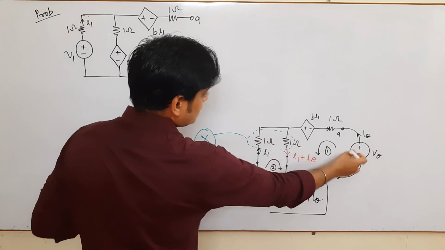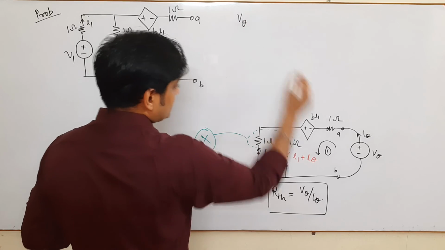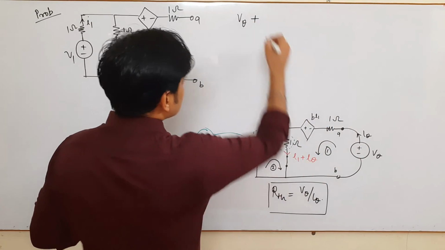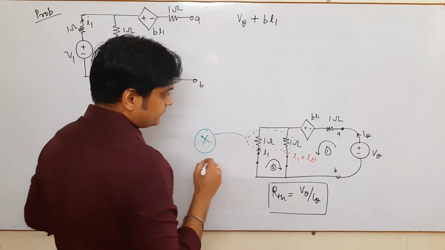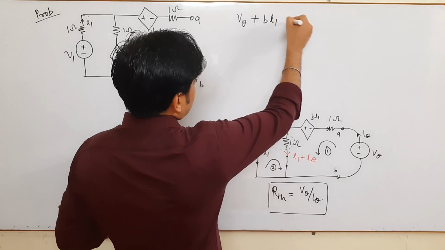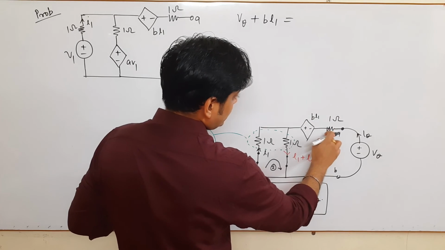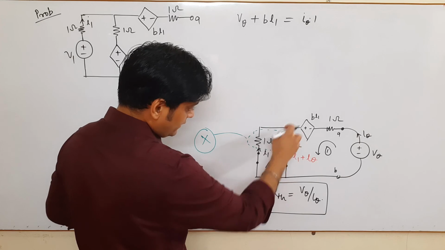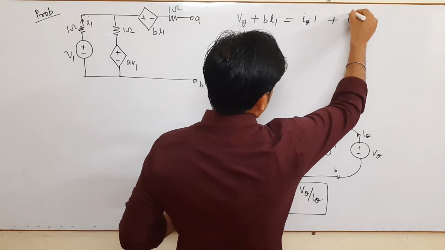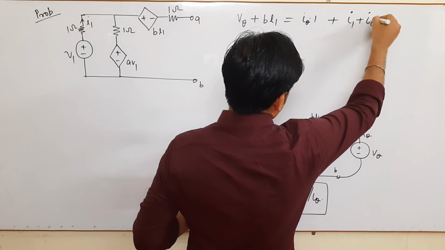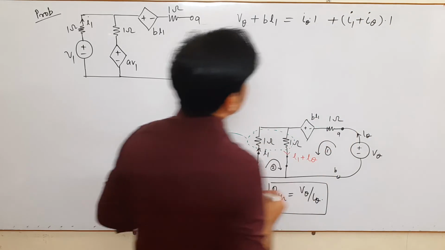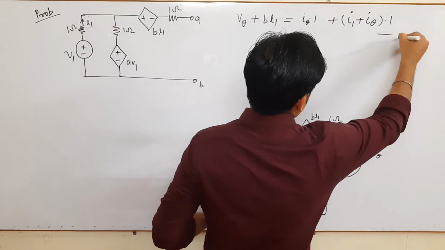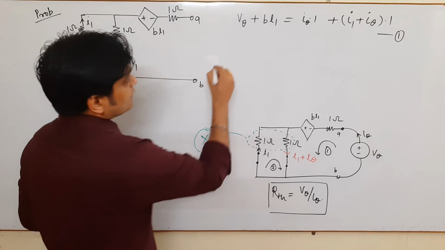So now you see we are moving in this fashion. The first voltage source is your Vθ, so minus 2 plus Vθ, again minus 2 plus, because we are moving in this fashion, this comes to be B I1. Now there is no voltage source, that is equal to the current flowing in this resistance, which is Iθ into 1. And when you come here again, it is I1 plus Iθ into 1. So you can say this is your first equation.